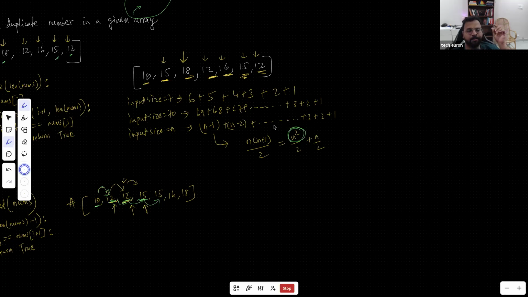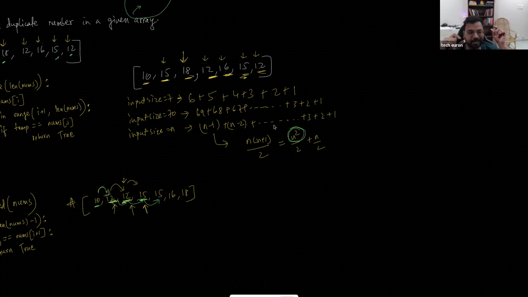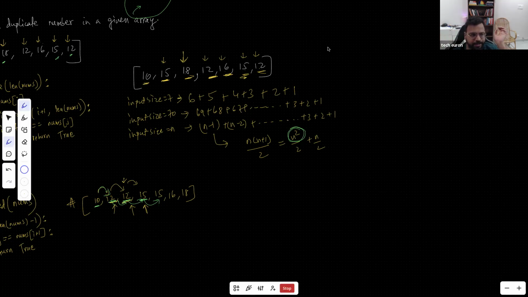It means that the number of steps is related to the square of the number of inputs, which means that if I give you an array of size 2, then you will do 4 operations. If I give you an array of size 3, then it is 9 operations. If I give you an array of size 10, then you will do 100 operations. Correct? If I give you 50, then you will do 2500. And if I give you 100, then you will do 10,000. So you see, it is increasing very fast. Here I'm increasing slowly, but here it is increasing very fast.